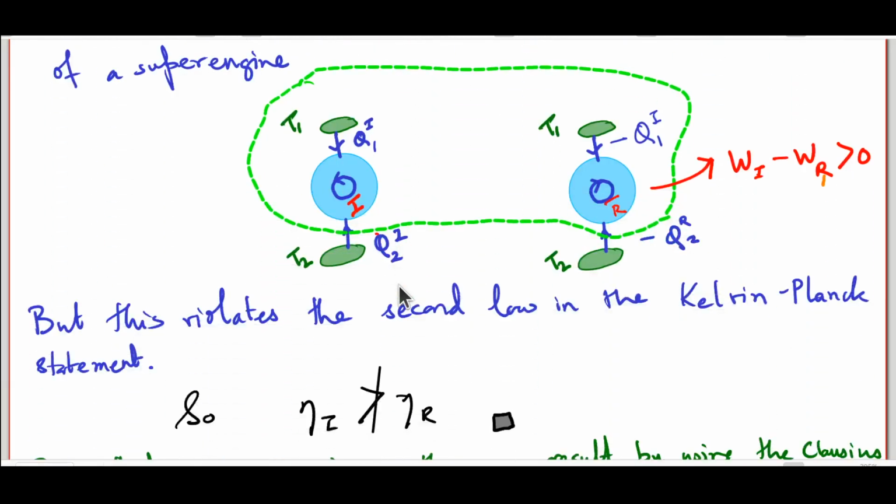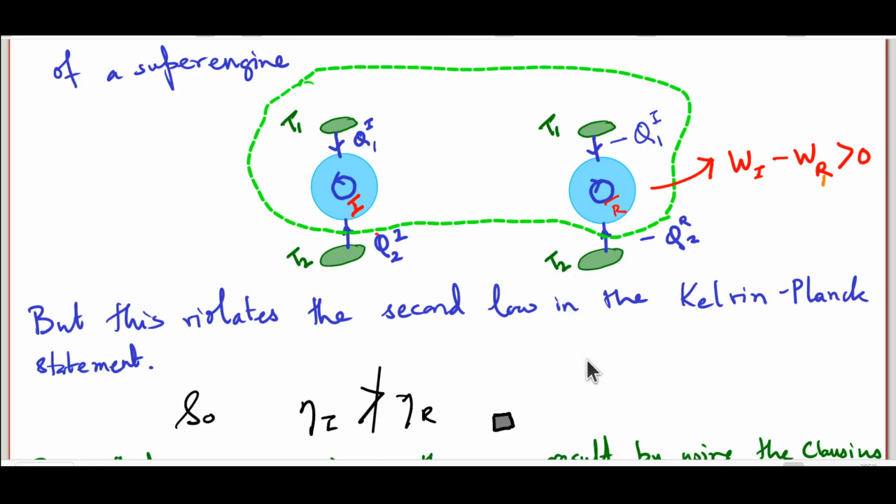So this particular super engine, which we have built by putting the irreversible engine and the reversible engine run in reverse, with the reservoir at temperature T1 inside my engine, takes heat from a single reservoir and uses it to do a positive amount of work. Once again, I don't really need to calculate and show that this heat taken in, Q2I minus Q2R, is actually positive. It has to be, because that addition of two heats is exactly what gives me the work done by the overall system.